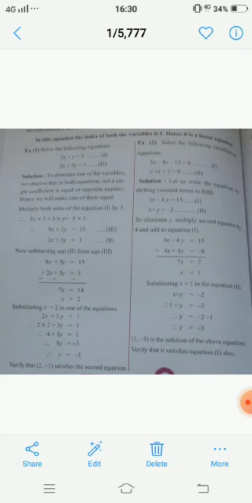So I'll substitute this value of x in equation number 2. So my equation number 2 is x plus y is equal to minus 2. So I'll substitute the value of x as 1. So 1 plus y is equal to minus 2. Automatically 1 will be shifted to the other side of the equation. Here it is positive, on the other side it will become negative. So the value for variable y will be y is equal to minus 2 minus 1, that is minus 3.